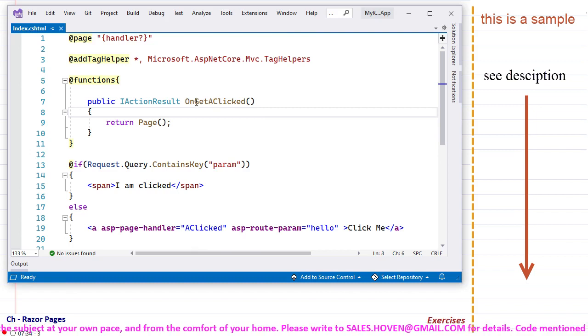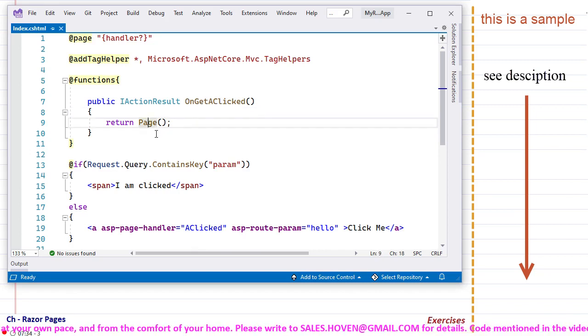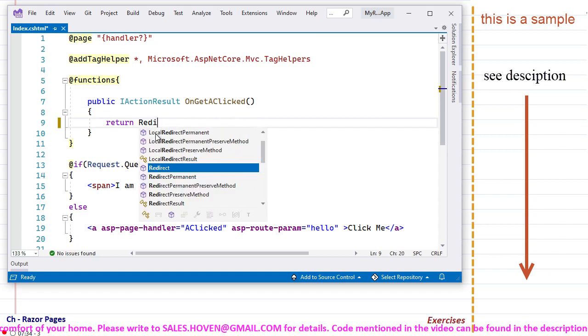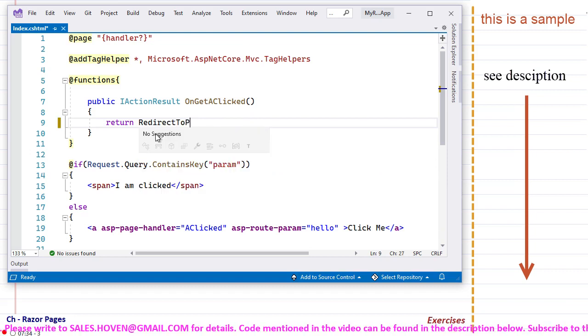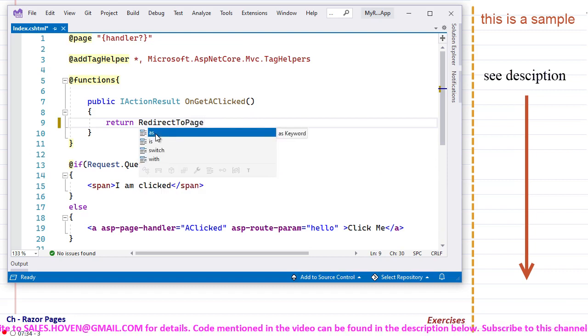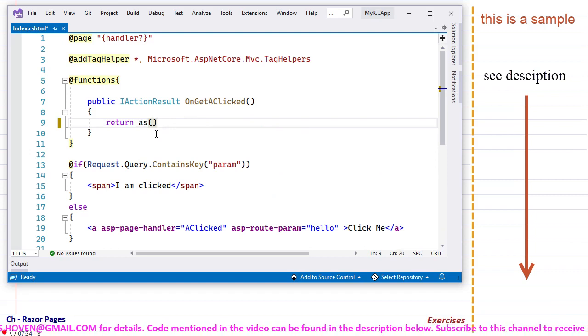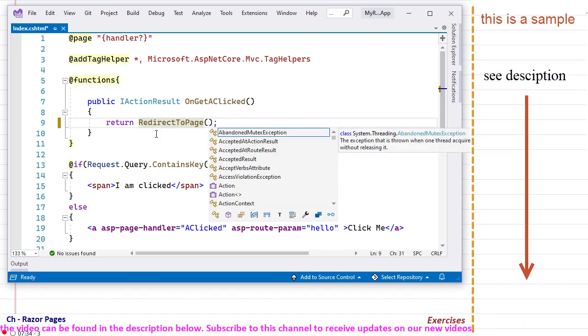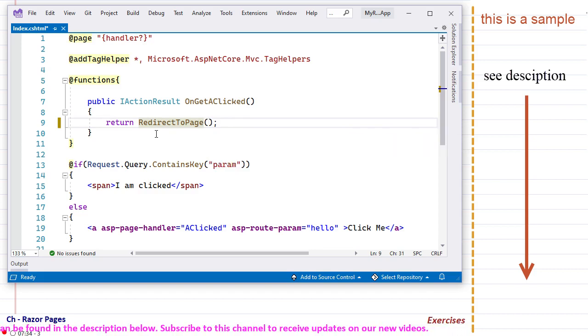So basically we have to modify this one, and instead of return page we will use return RedirectToPage, this way. And here we will use an overload of this, and we will